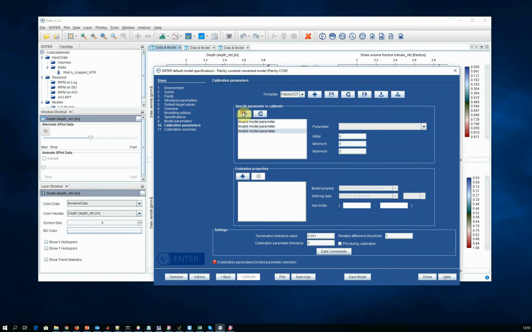specify some properties that we want to calibrate. For example, the critical porosity: we give it an initial value, a minimum value, and a maximum value. So within that range, it's going to try and find the optimal parameter. Then we proceed with specifying the other properties, like max cementation,